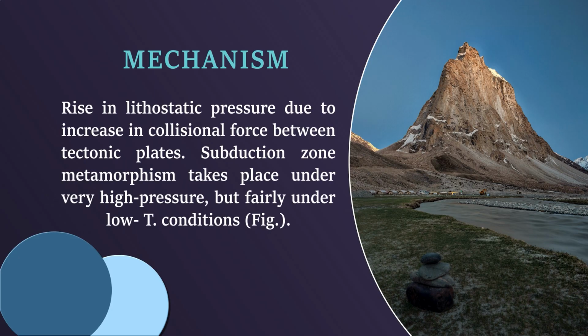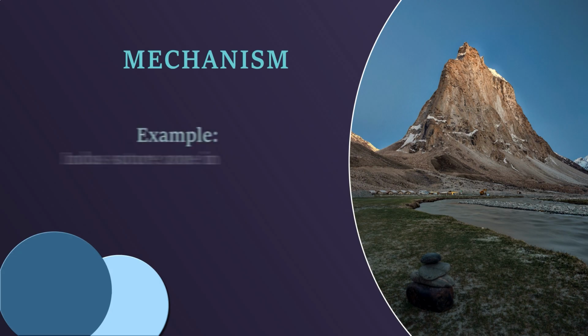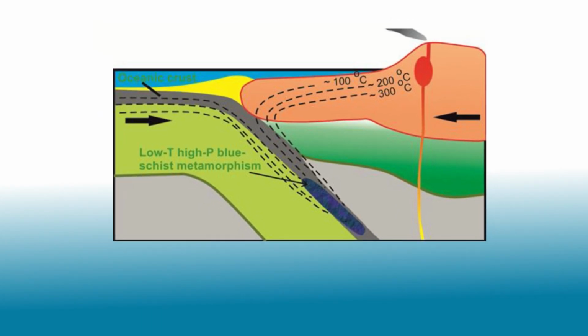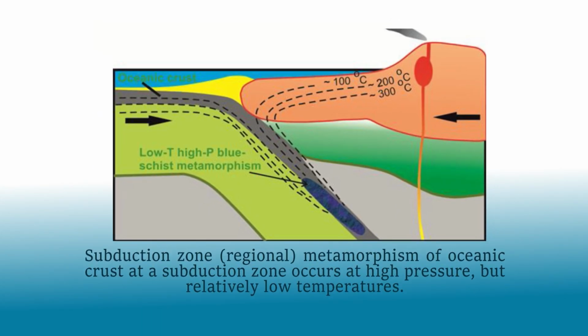Lithostatic pressure rises due to an increase in collisional force between tectonic plates. Subduction zone metamorphism takes place under very high pressure but fairly low temperature conditions. An example is the Indus suture zone in Ladakh, Himalaya. Here is the diagram: subduction zone showing metamorphism of oceanic crust at the subduction zone occurs at high pressure but relatively